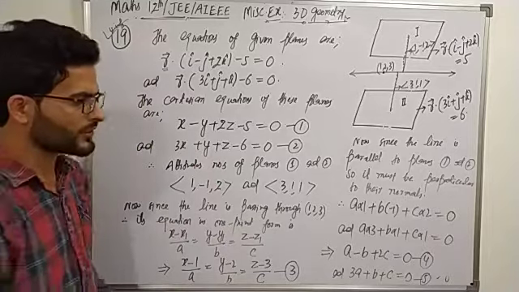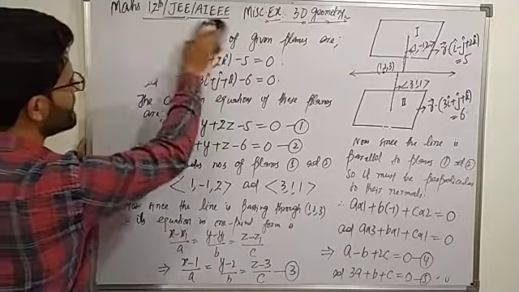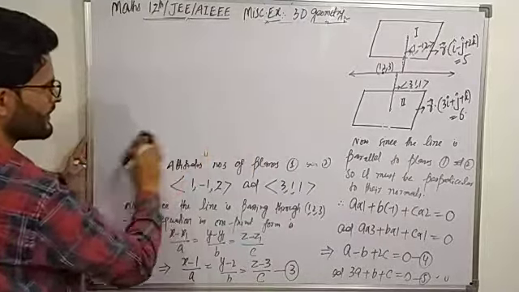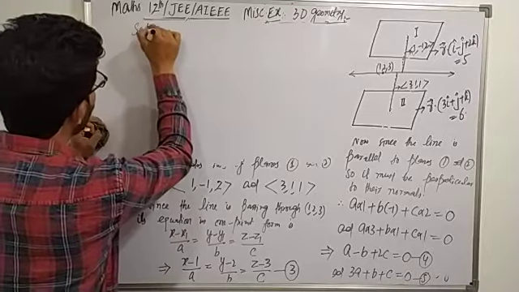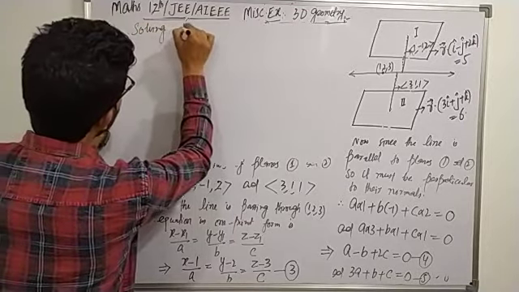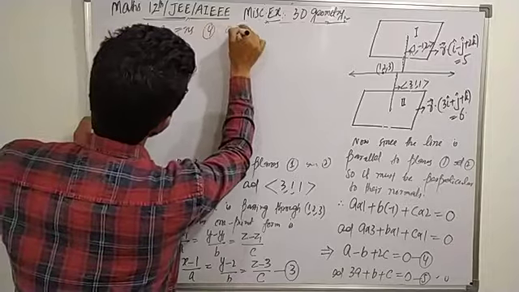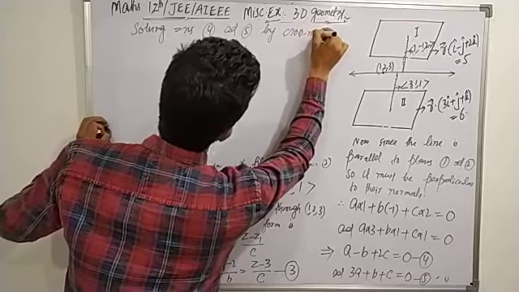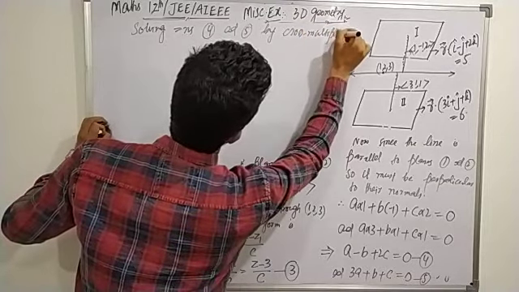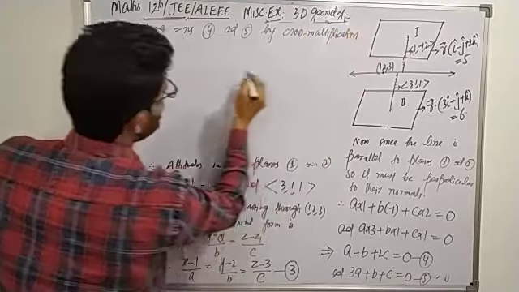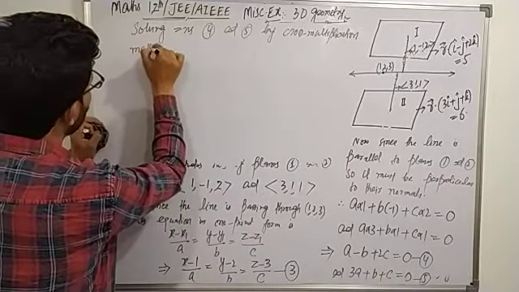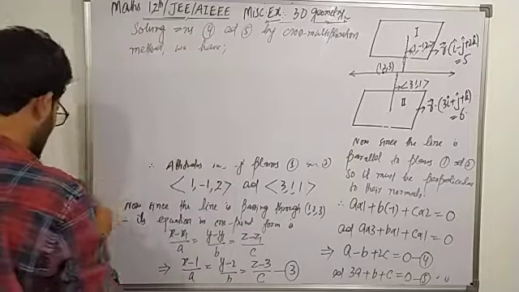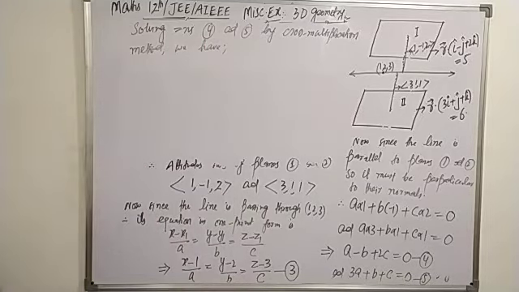Solving equations 4 and 5 by the cross multiplication method, we have